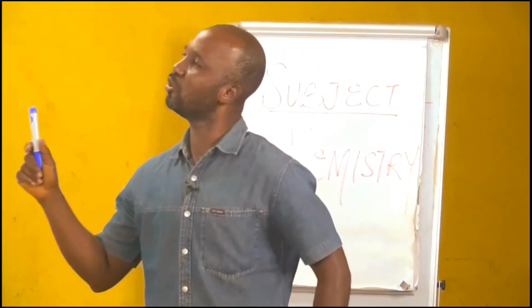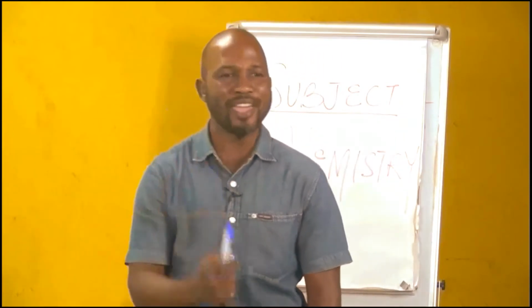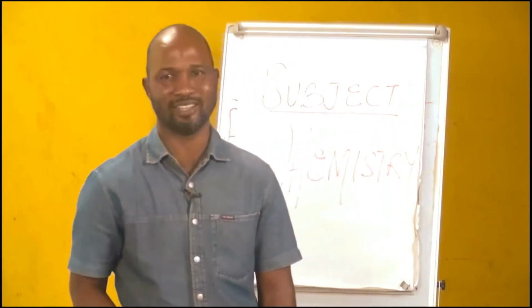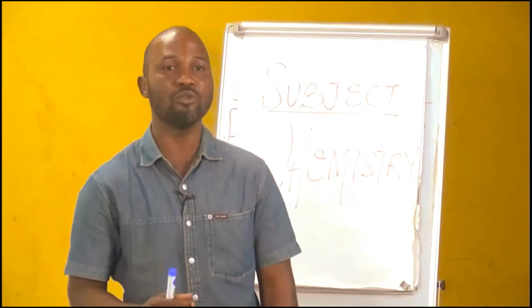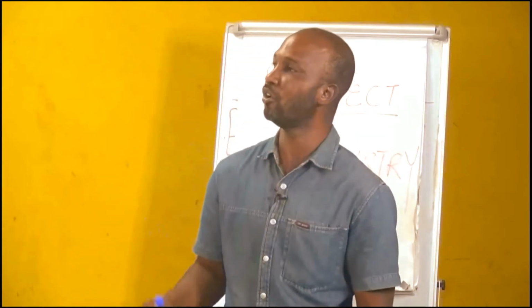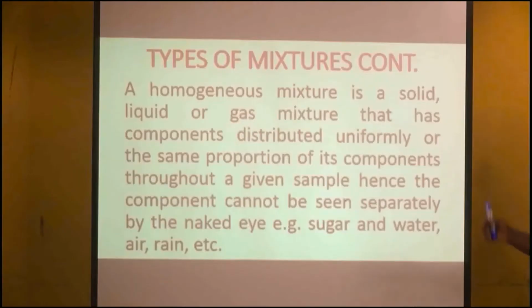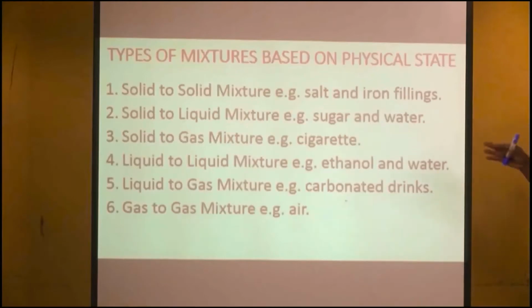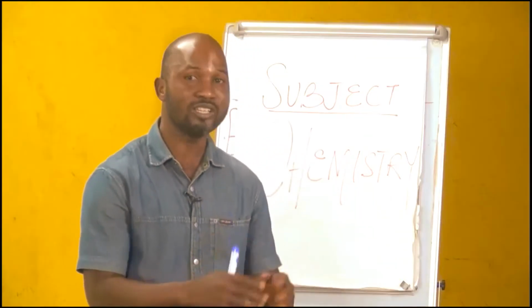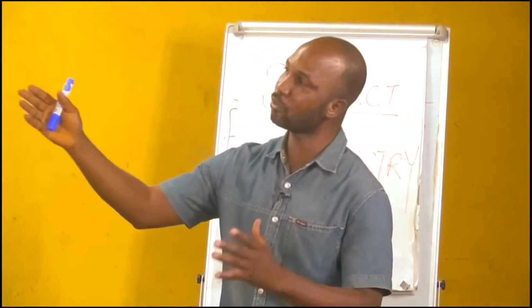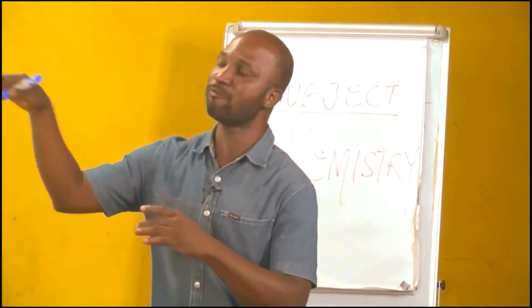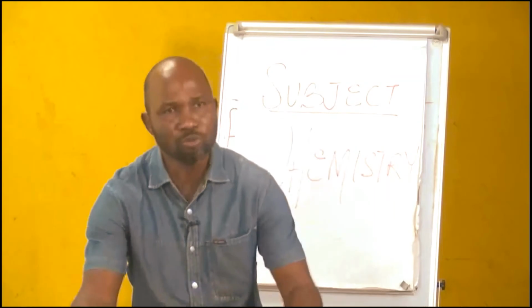Now, there is another classification of mixture based on physical state. That classification, I want us to look at it properly because it helps you in your choice of separation method. We have the solid to solid mixture, as in the case of salt and iron filling. Salt is a solid, iron filling is a solid. Now, if you know the type of mixture based on physical state, you can choose the separation